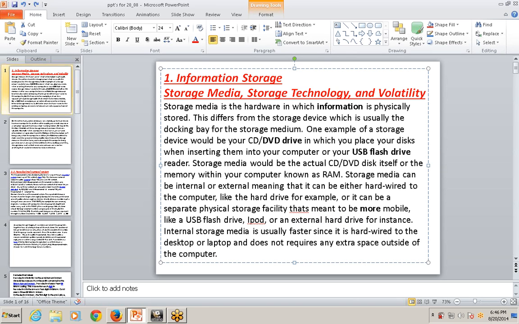External is used when there is an external device attached to your computer, that is known as the external hard drive. Internal means that it is inbuilt into the computer. You need not attach any device to the computer. That is already built into the computer, and you can use the computer for using that drive.